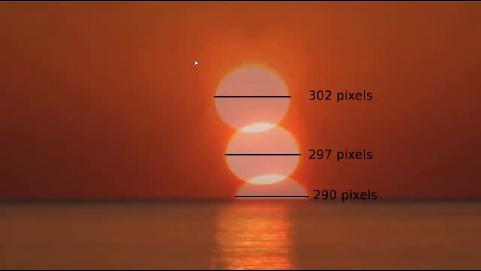And this is more snapshots taken from filming of another sunset. And we can see here, again, I used lines this time, just drew a line across the diameter of the sun and measured the pixels, and up above there we have 302 pixels, and then it goes down to 297 pixels, and as it's hitting the convergence line, 290 pixels. I did try and work out some of the speeds and distances that might be involved here, but